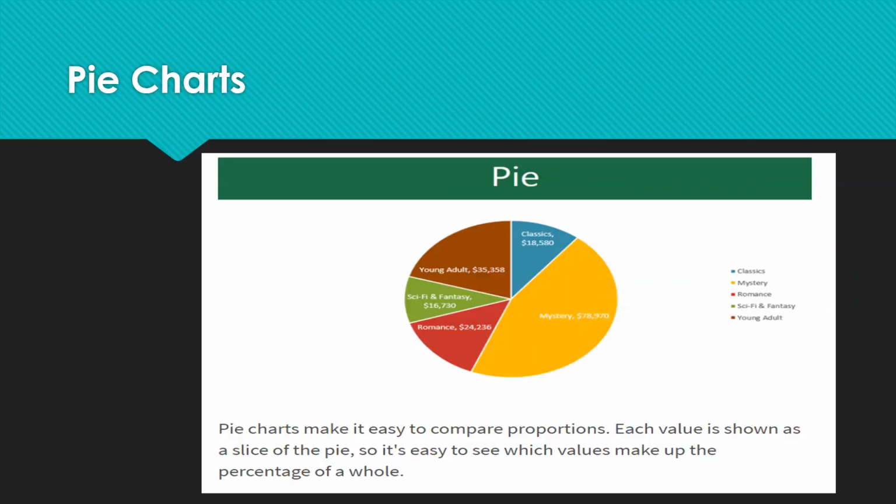Are you going? How you compare all the data. And let's